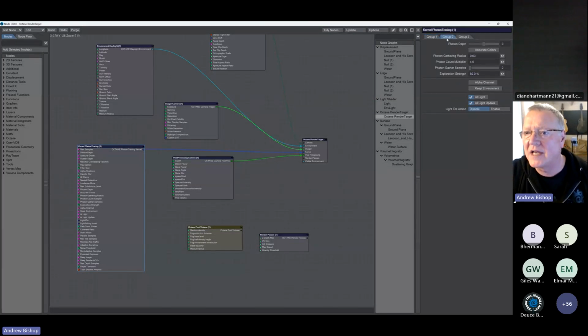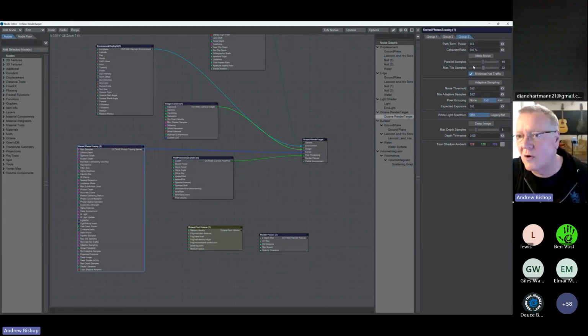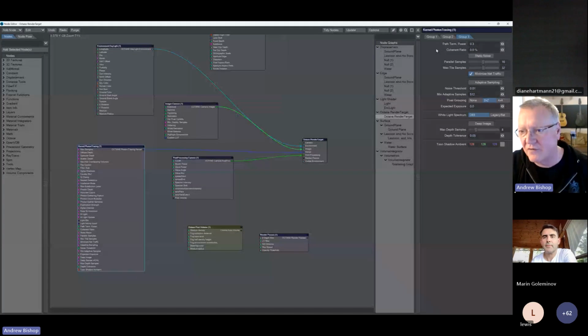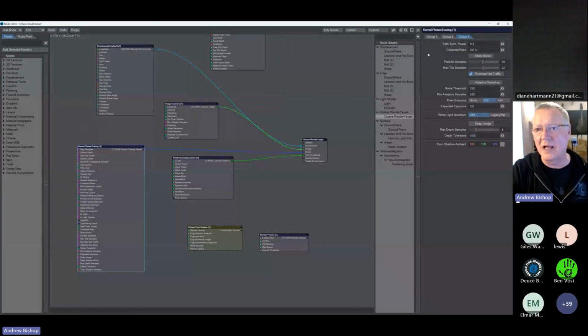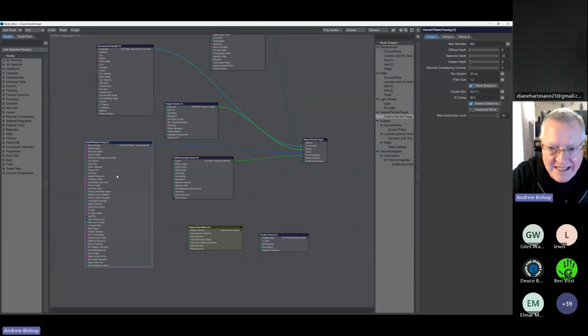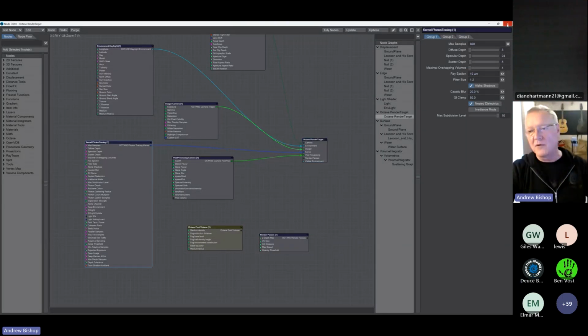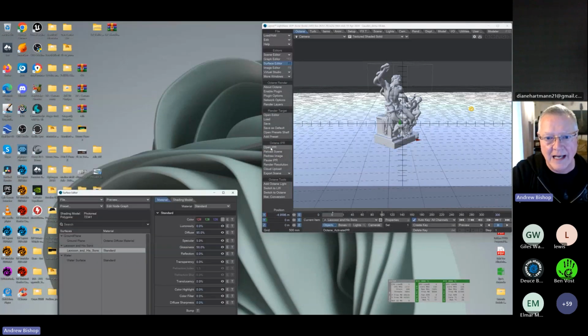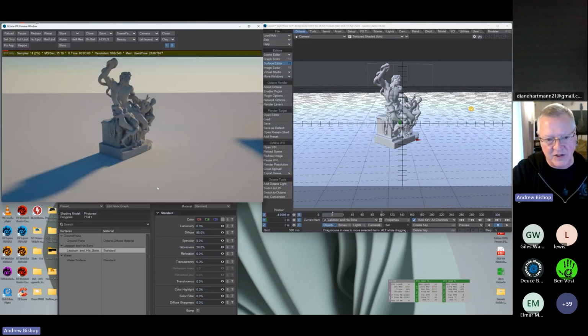So we've also got photon gathering radius, photon count multiplier, the exploration depth of the photons, and those sort of things. All of those things are adjustable and controllable. Again, the noise threshold is adjustable and so on and so forth. And we can run this out as a deep image as well if we want. So that's our basic setup. That just goes into our light kernel. You're ready to go. Then everything else is going to be done on the actual surfacing panel of the actual node. It's for the surfacing of the